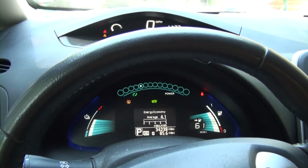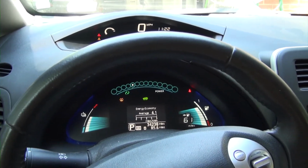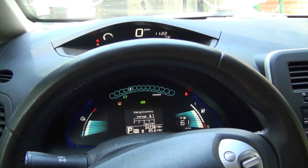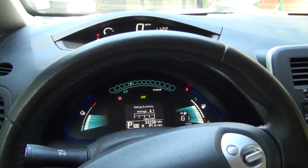to drive this car. Now, if you're on Georgia Power, Georgia Power has a thing that if you charge your car after 12 midnight, it's 4 cents a kilowatt hour. So if you're on Georgia Power, then you can see it costs a little over a penny a mile to